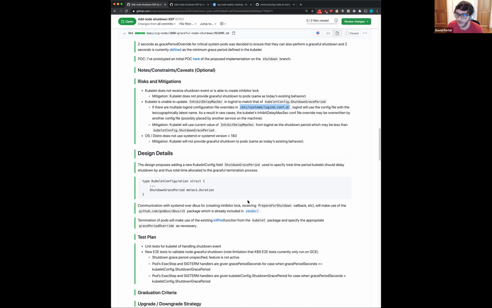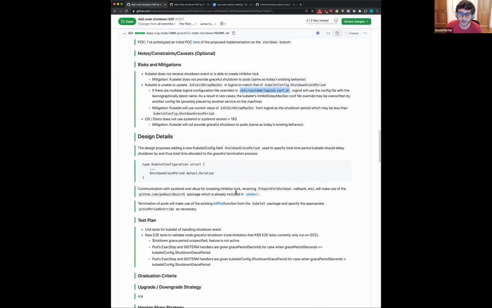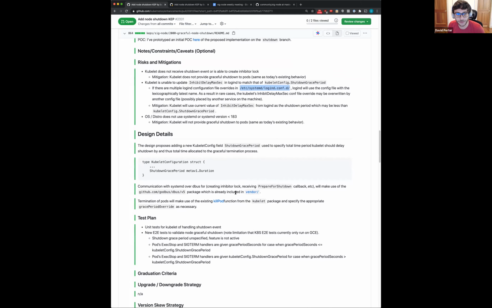Yeah, sounds good. So I wanted to ask another question, maybe Don, Derek, if you have any thoughts in terms of communicating this up to the API server. What's the pattern? Because I haven't seen the kubelet taint itself as a pattern. Do you think this is worth a new node condition, or should the kubelet try to taint itself? Or do you have any thoughts on the best way to represent that?